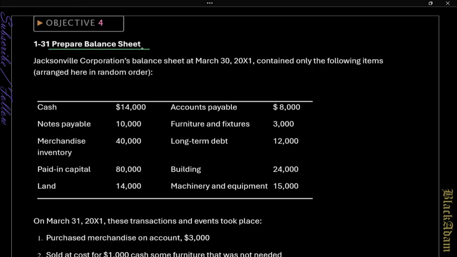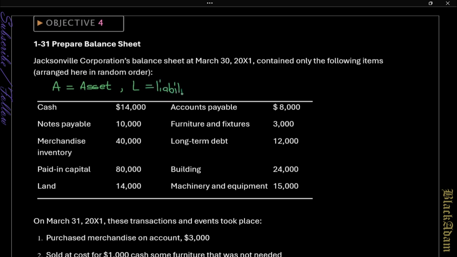Okay, so we have to prepare a balance sheet, and the transactions are not arranged in that order. We have Jacksonville Corporation with March 30, 20x1 as the date. Let us just name our transactions: A is for asset,